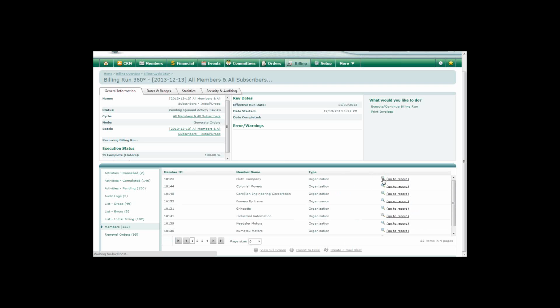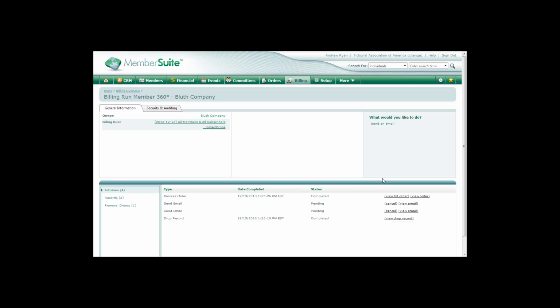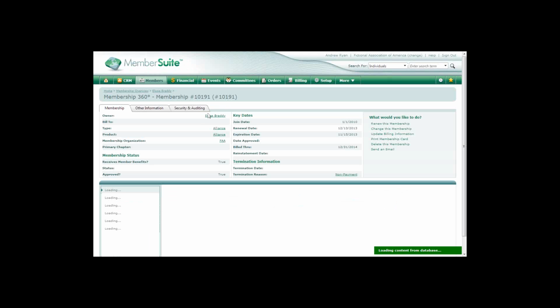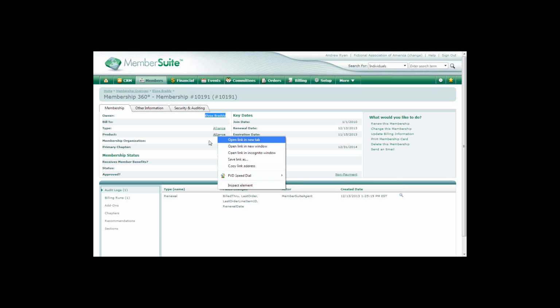Okay, so if I look at Booth Company and look at their membership, I can see that a few things happened. An order was processed and a drop happened, and that's because there are basically two records tied to this Booth Company. And if I look at the records tied to the Booth Company to figure out, well, why? This belongs to someone named Elise Brady. Okay, and Elise Brady is an Alliance member. And because she's an Alliance member, if I look at the Alliance product here,